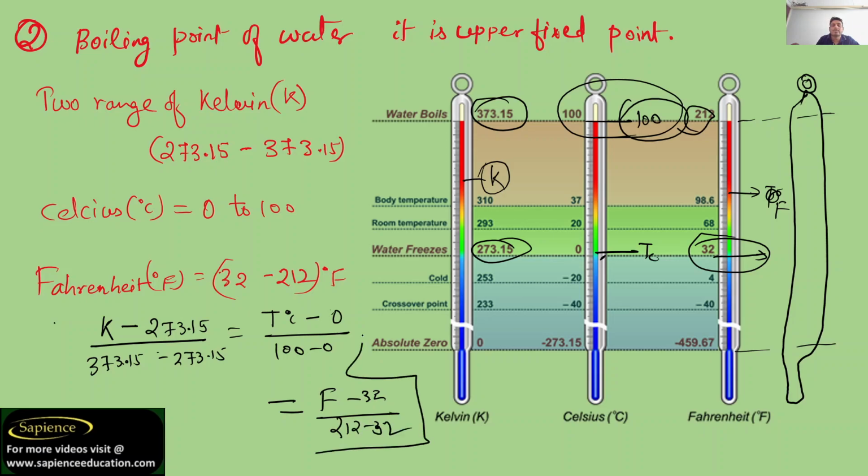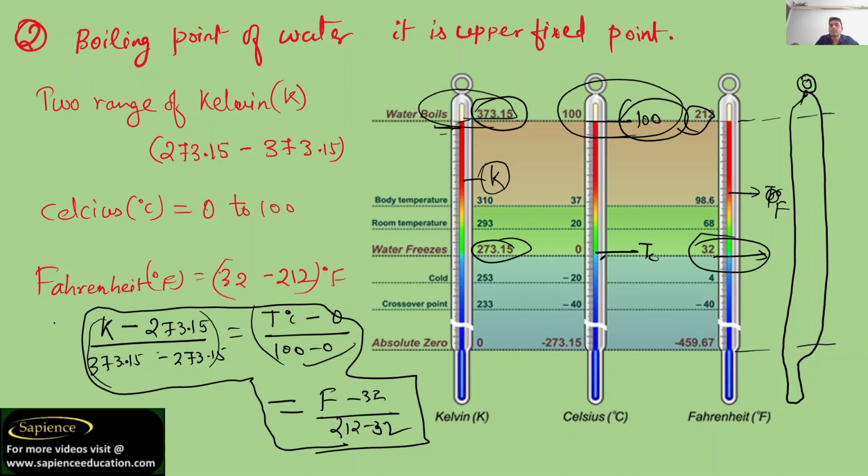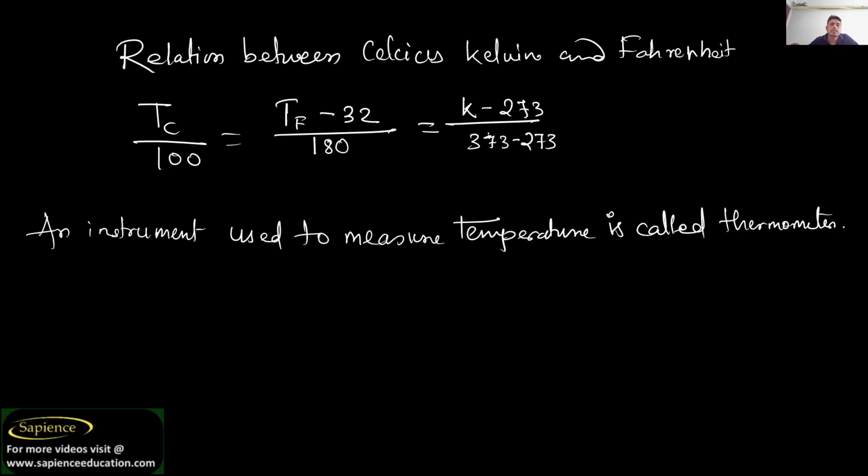So these equations are used to interconvert all the temperature scales. The ratio we are taking will be the same. For example, the subtraction of the water boiling point minus the freezing point will be the same on all temperature scales, right? So these are important relations that you need to memorize, so that you will be able to convert any